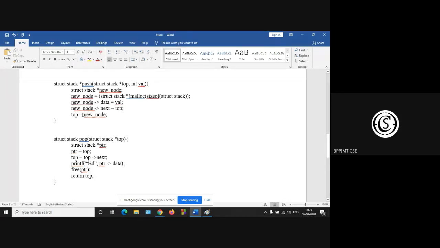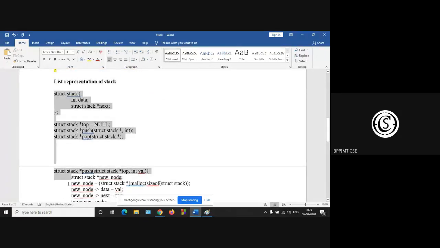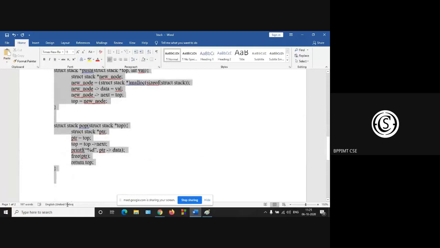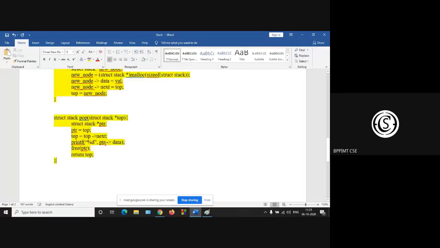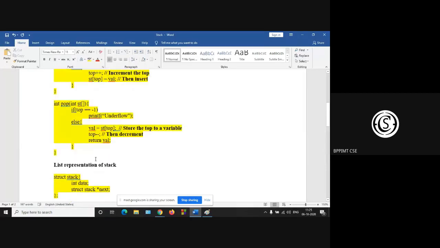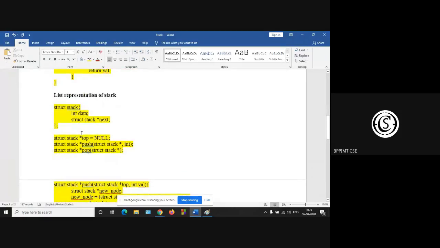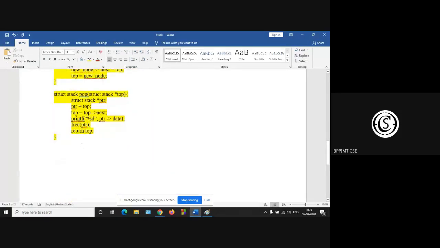So these are the list representation of the stack. Up to this, any confusion? This is the array implementation of the stack and list representation of the stack.